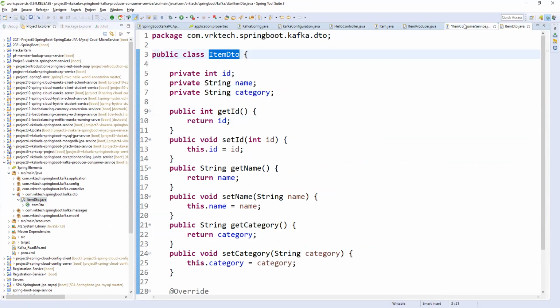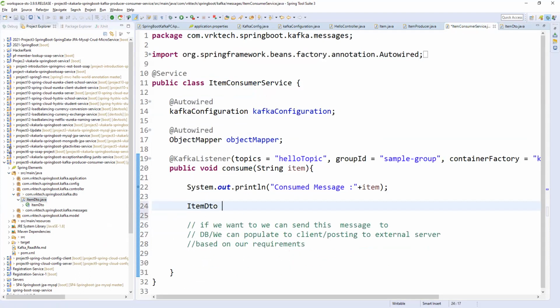I'm copying item DTO here. I'm pasting here. Item consumer. I give an item consumer.